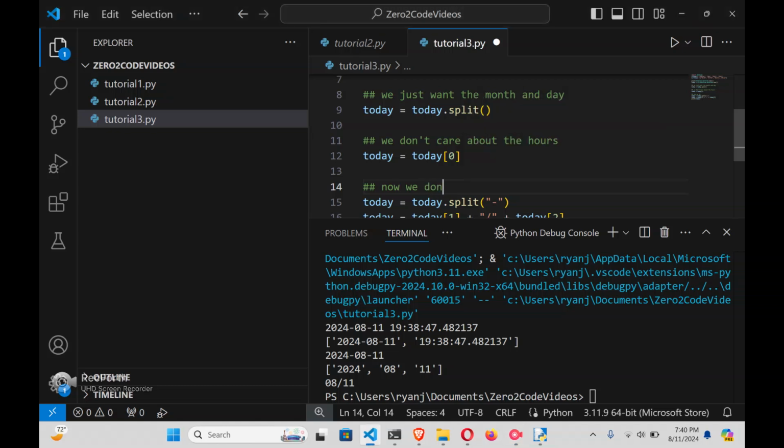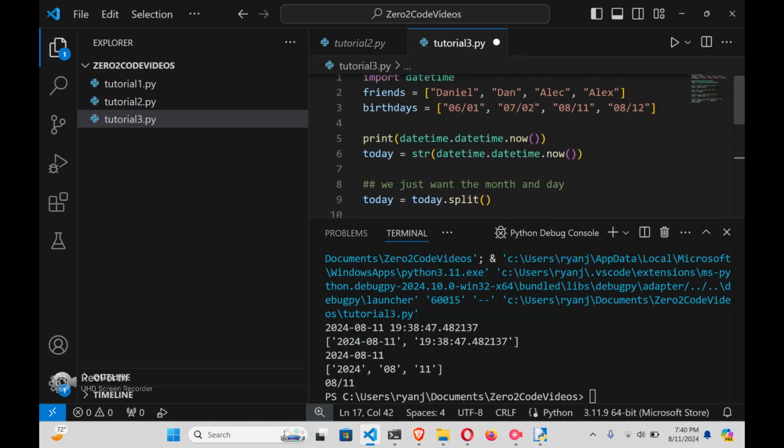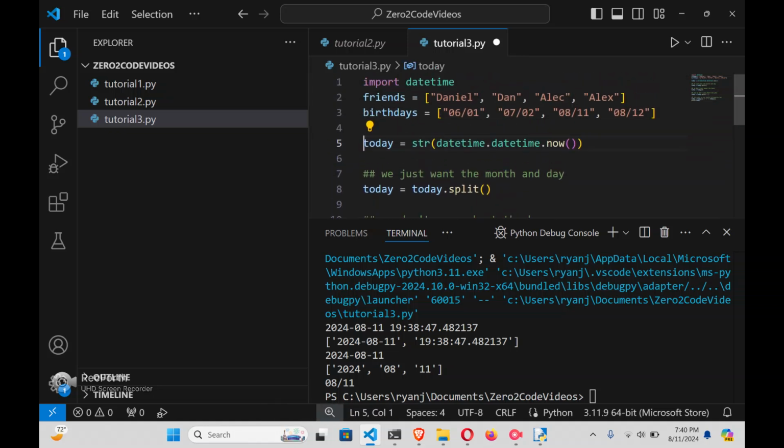Now we don't care about the year. Gets us our month followed by day. Okay, great. And if we scroll up, we can remove this other print, and then we have our friends and